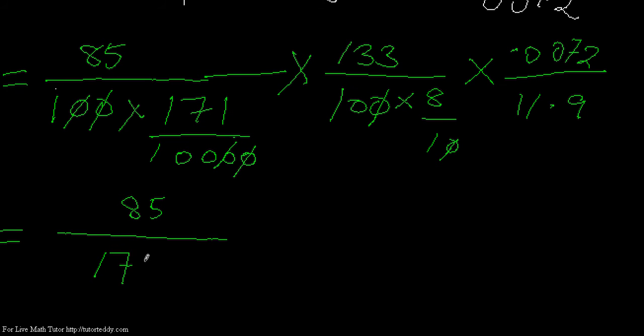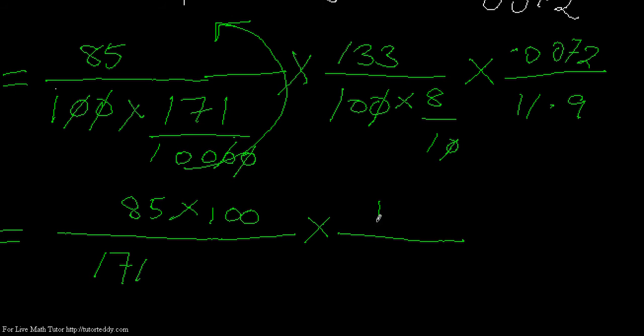And see, the denominator is divided by 100. So this 100 can go up in the numerator if we multiply that. That means 85 into 100 in the numerator. This 100 goes up. Then I have a multiplied sign, and here 133 was already there, and I have 10 into 8. That means 80. 10 into 8 is 80,